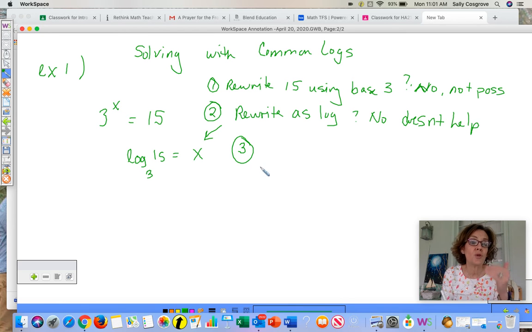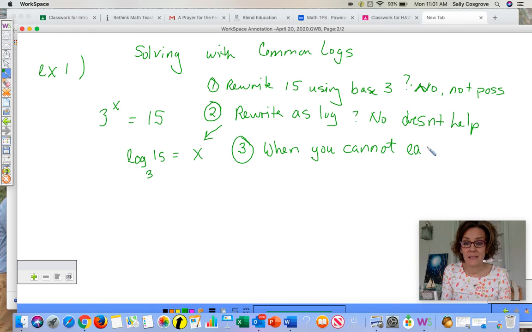So here is the third thing. Here is the new way. You can solve this using logs. And this is what you can do. So here's the thought. When you cannot easily,